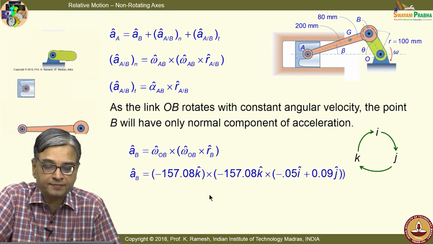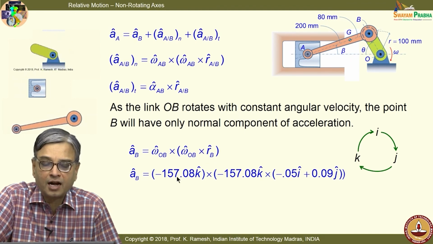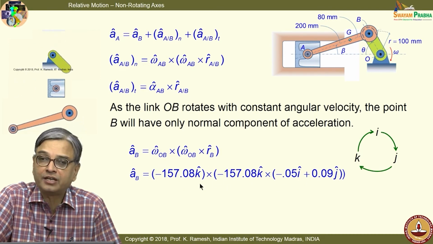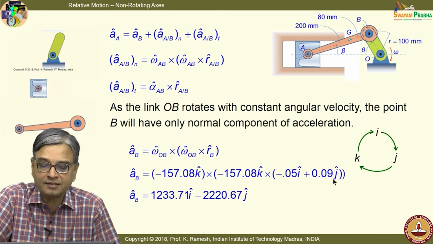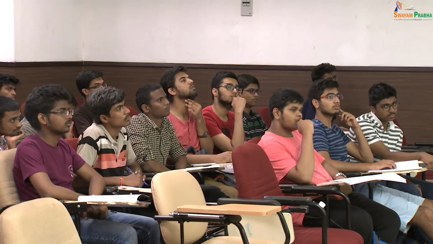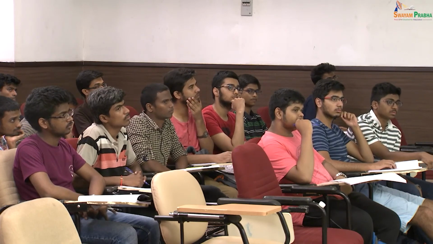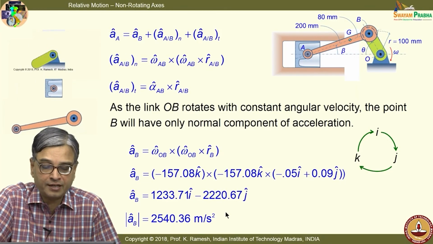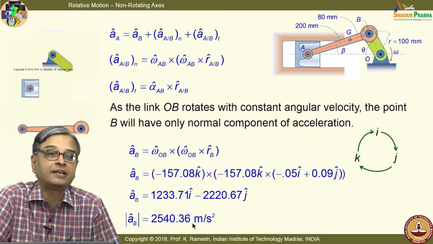So, that turns out to be, we have already learned the trick. If I have a vector triple product, how do I write the final quantity? You do not have to go through the conventional approach, directly write the numbers, and the vector is same as this, but with the opposite sign. So, you can take advantage of all this, fine, because you are going to do this repeatedly. There is no point in doing this in stages and finally arrive at this vectorial representation. And I can also find out the magnitude. The magnitude is 2540.36 meters per second square.